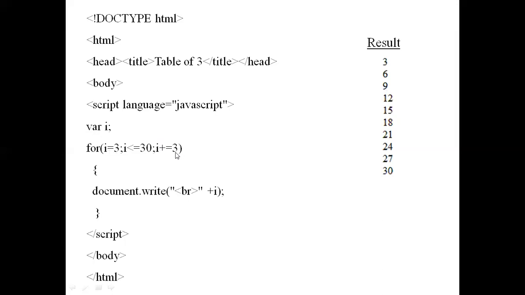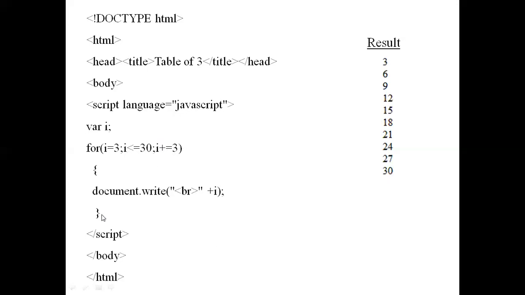In the earlier program, we had put 2 here because every alternate number used to be odd. Now we have the multiple of 3. So it will be plus 3 here. If it is 4 table, it will be 4 here. Okay, and so on. So this logic you should apply depending on what type of program you are told to write. So for, again, initialization, checking, and incrementing or decrementing.